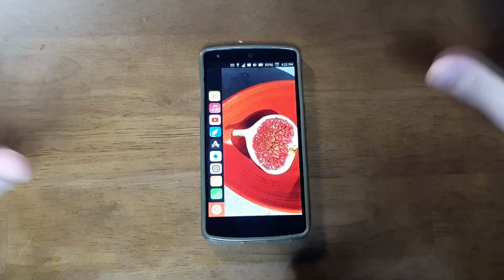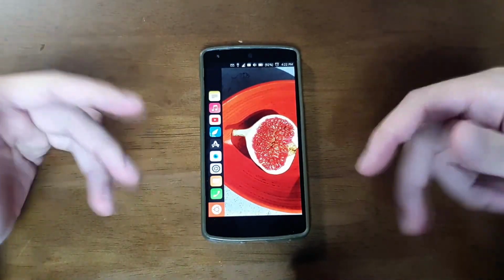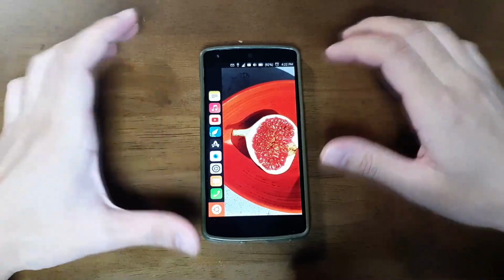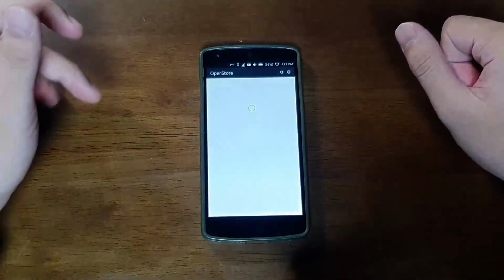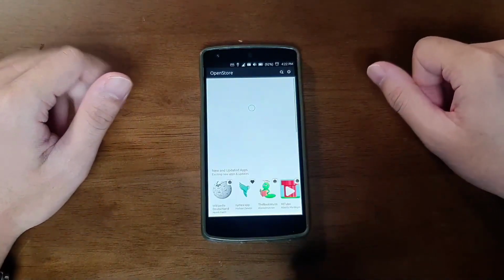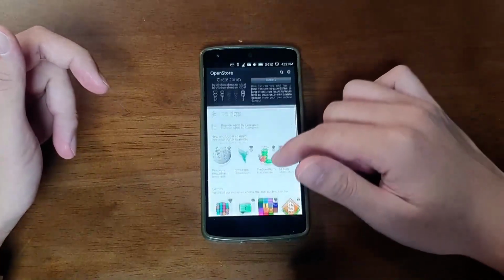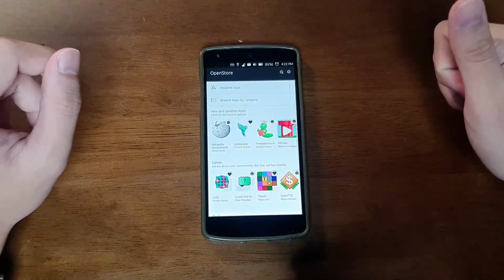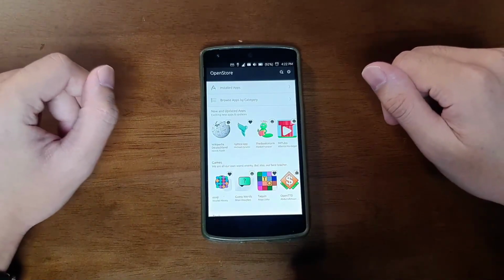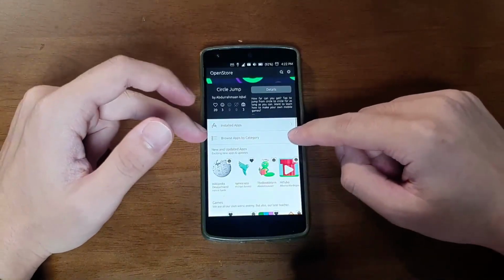Today we are going to look at some apps from Ubuntu Touch. First of all, let's go to Open Store, which is an application store for Ubuntu Touch. In the store, there are not many apps, of course. Still, there's quite a lot of updates for the applications. You can see the apps are by category